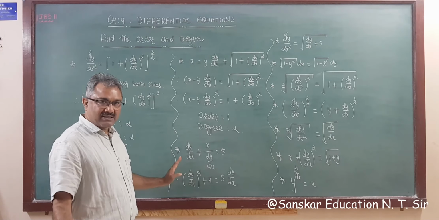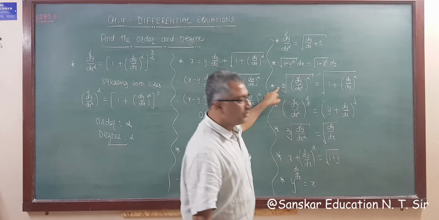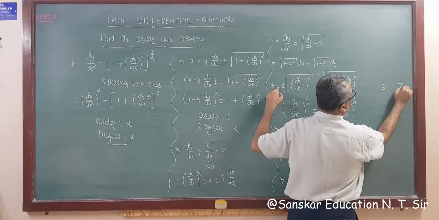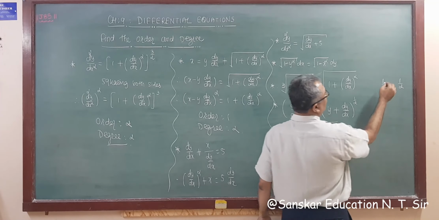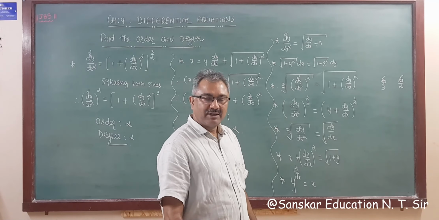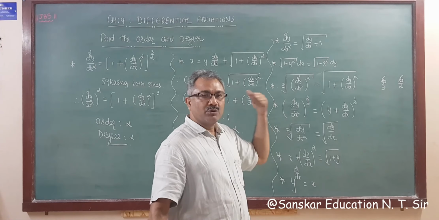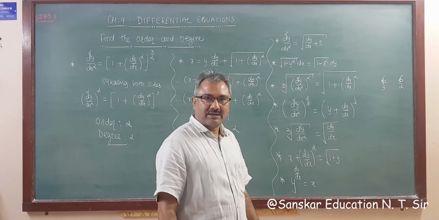Right? So आपको पता चल गया कैसे करना है. यहाँ पे जो ये है, ये क्यूब रूट है, सो इसका पावर 1/3 रहेगा और इसका पावर 1/2 है. तो दोनों का LCM of these two is 6. So you have to multiply both sides by 6. You will get integer as a power. Right? So ऐसे रेसिप्रोकल जो है, इसको आपको ऐसे LCM लेके दोनों साइड्स का पावर इंटीजर करना है और ऑर्डर और डिग्री डिसाइड करना है. Right?